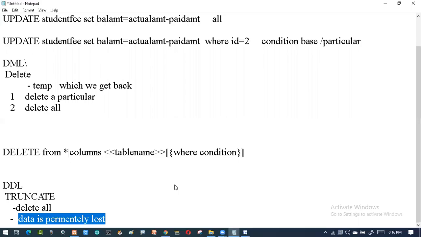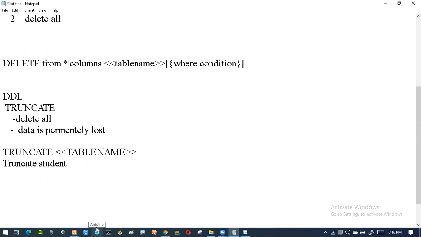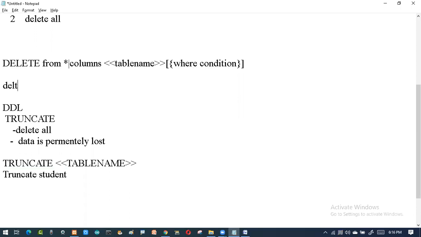So the syntax for this is truncate followed by the table name. For example, say truncate student. So this is the example. This is the syntax and this is the example. And this is a syntax, and the example is, if you want to delete all the records,